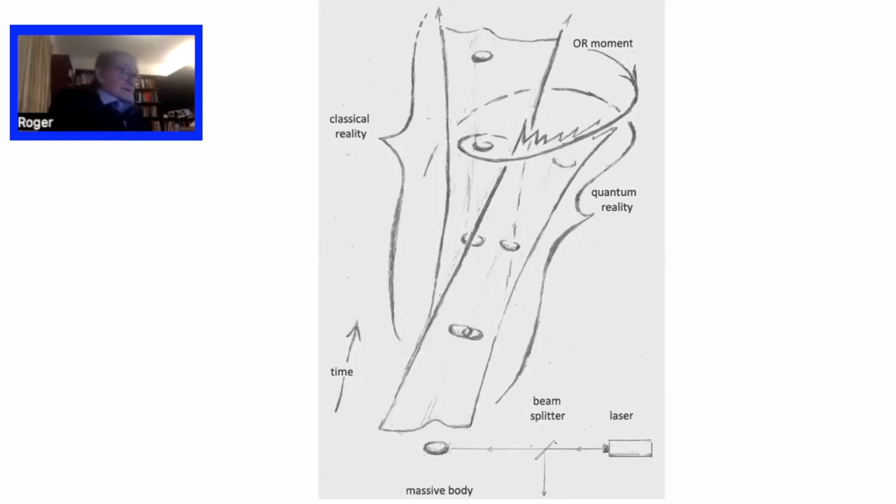And then the classical reality has to go back to, you see, I'm having a picture of the curved space-time at the same time in this picture. The space-time has got slightly curved by the presence of that little grain of sand. And as it's put into one location or the other, it means the space-time is in a superposition of one or the other. But after a while, you have to say, no, the space-time is determined. It's one branch and not the other. And this means that the space-time, being a classical reality thing, goes back to the origin of the bifurcation of these two possibilities. So that is the picture I have.